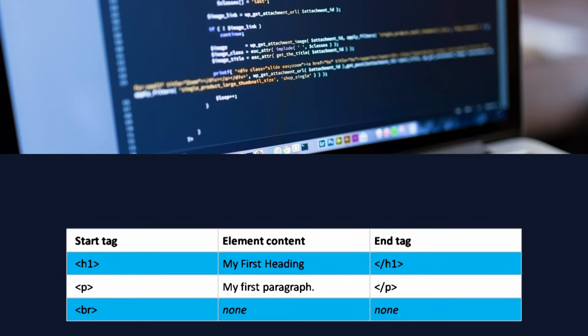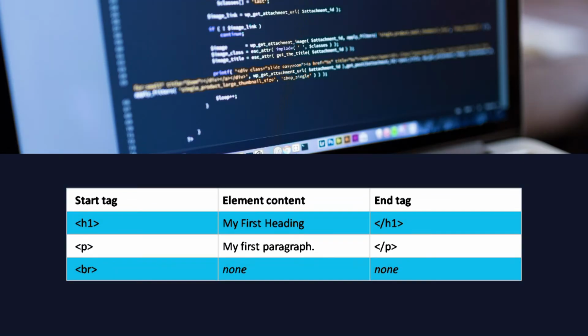So this way the HTML tag is defined. You can see the symbol for H1, which is the element that ends with the slash H1 end tag. Similarly, the paragraph starts with P and ends with slash P. Similarly, the break element has no end tag.